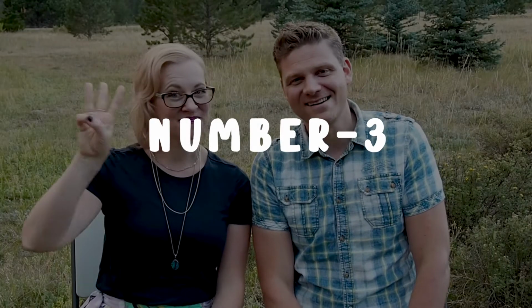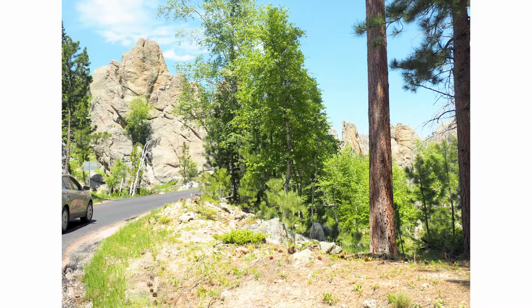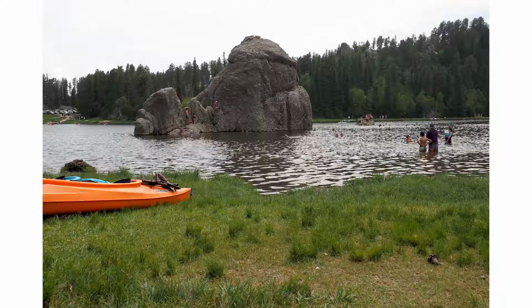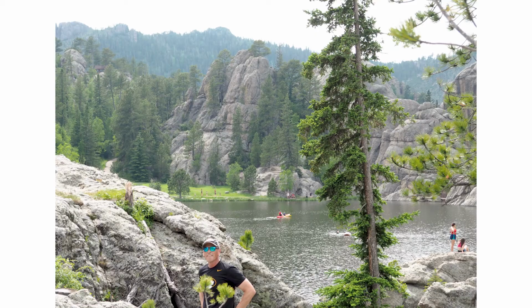And number 3, for top 3 things to do in South Dakota, we have Sylvan Lake. Sylvan Lake, it was awesome. It was beautiful. I think it was past Custer State Park? We went through Custer State Park during the day, and then we headed north a little bit towards Mount Rushmore, and it was there. So it's all within a 30-minute drive of each other. And it's beautiful. You can do a hike around the lake. We went swimming in the lake, and there was this big rock that people were jumping off. It was stunning. And for a long time, I said that was the most beautiful part of the US